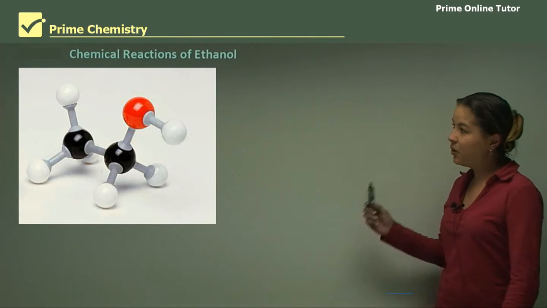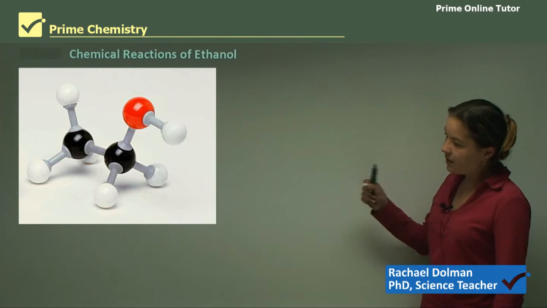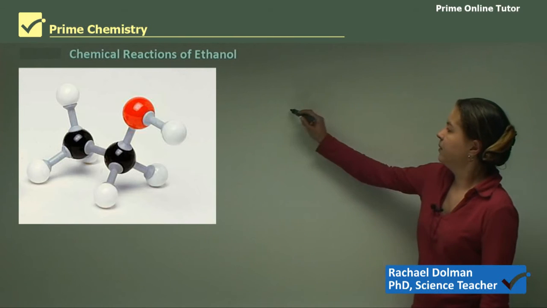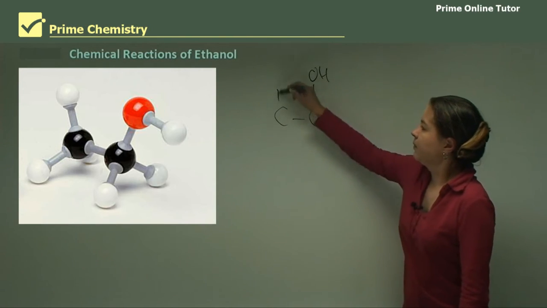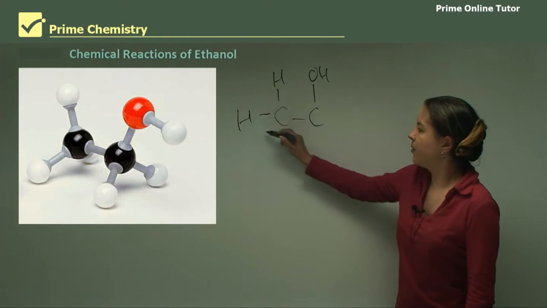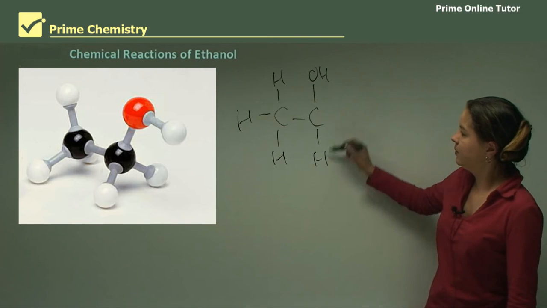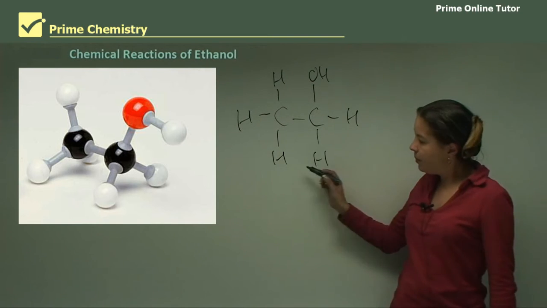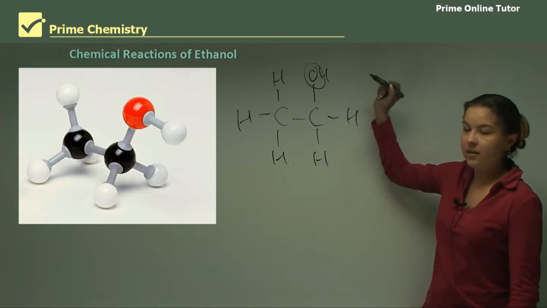This lesson is all about the chemical reactions of ethanol. And as you can see here, this is a molecular model of ethanol. So I'll just draw up ethanol to remind you. And in the diagram, you can see the black parts are the carbon atoms, and the white parts are the hydrogen atoms, and the red part there is the oxygen atom of the hydroxyl